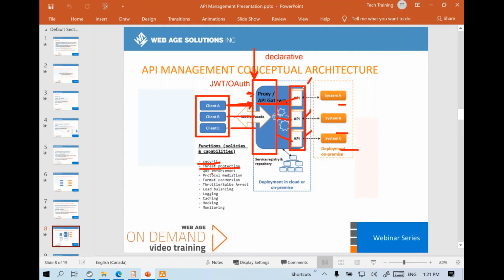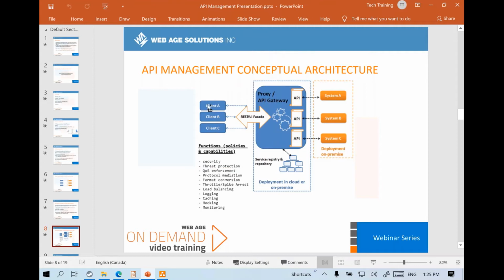You can also use quality of service enforcement based policies to say that a certain client application is not mission critical. So you want to throttle the performance. You want maybe just 10 requests per minute, or maybe not more than that. It's up to you. You can configure that. Whereas for some other client application, you can say it is very mission critical. So you do want to allow pretty much, you just want to leave it open-ended, like how many requests are being sent per second and so on. So you can control that. You can control traffic. You can control quality of service-based policies.